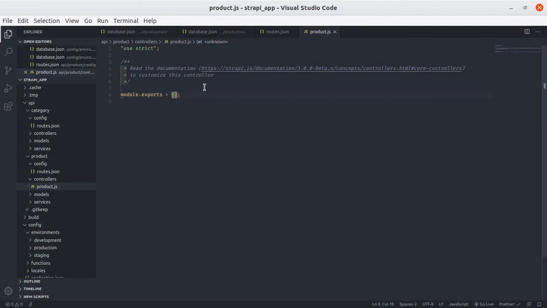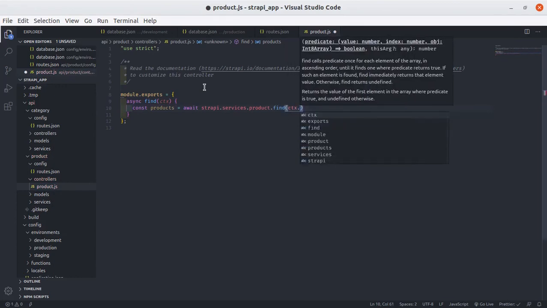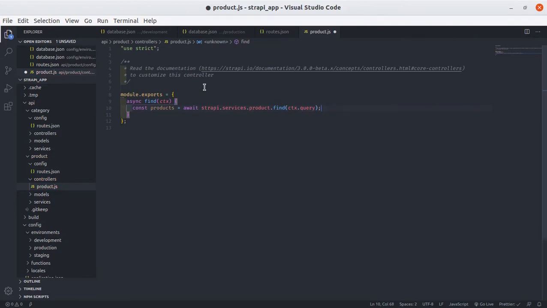But just to give you a quick example, if we want to override our find method, we could do async find, and this takes in a context, and then let's say we want to get our products, so we will say const products, and then let's await, because this returns a promise, strapi.services.product, because that's the name of our content type that we want to fetch, and then .find, and you pass in context.query, so that should get us our products.